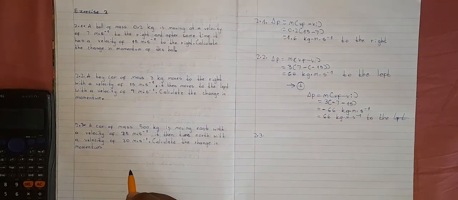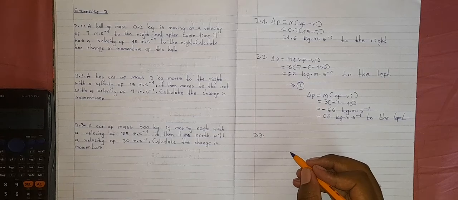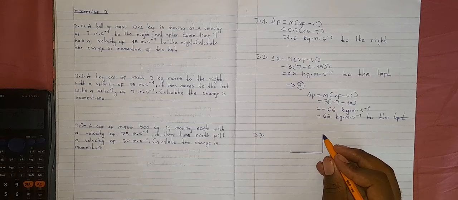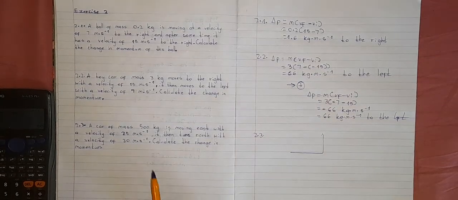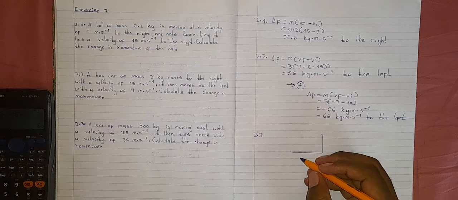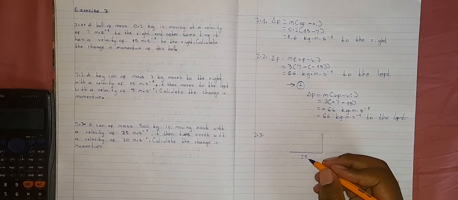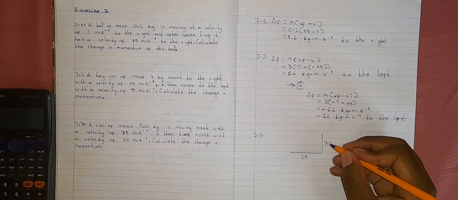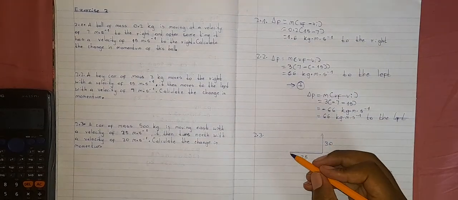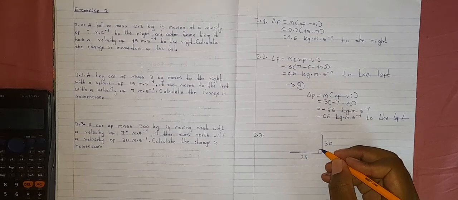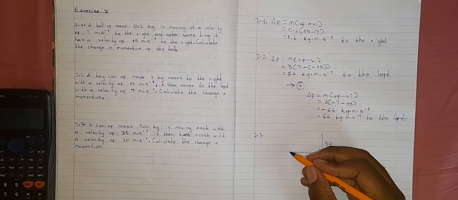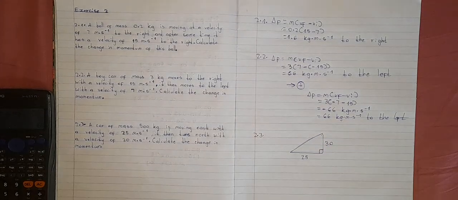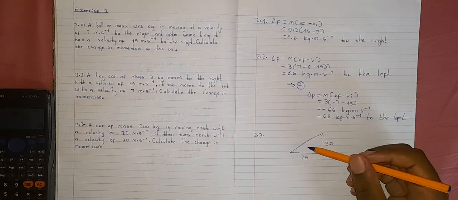So this car was moving to the east and then it turns north. It was moving to the east with a velocity of 25 and to the north with a velocity of 30 meters per second. So the change in velocity, you can see that this is a right angle, so the change in velocity will be this way here. So for us to get the change in momentum, we will